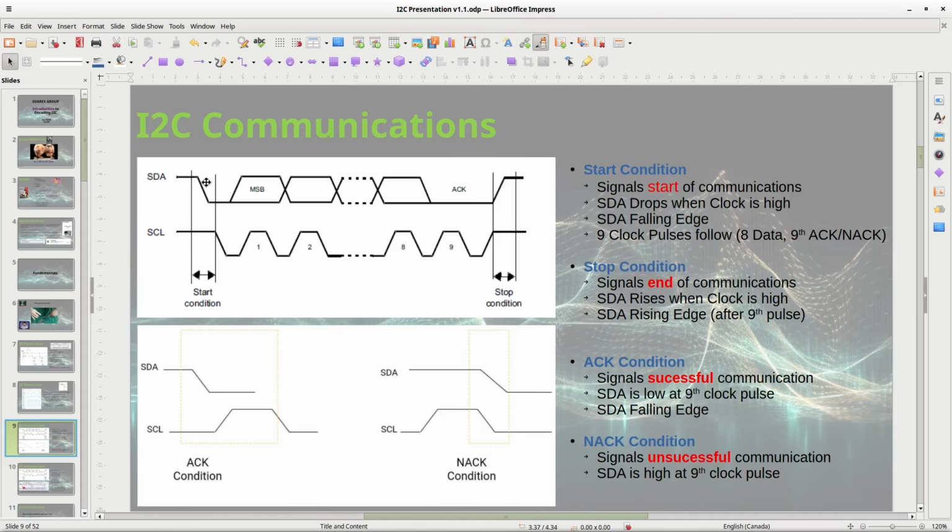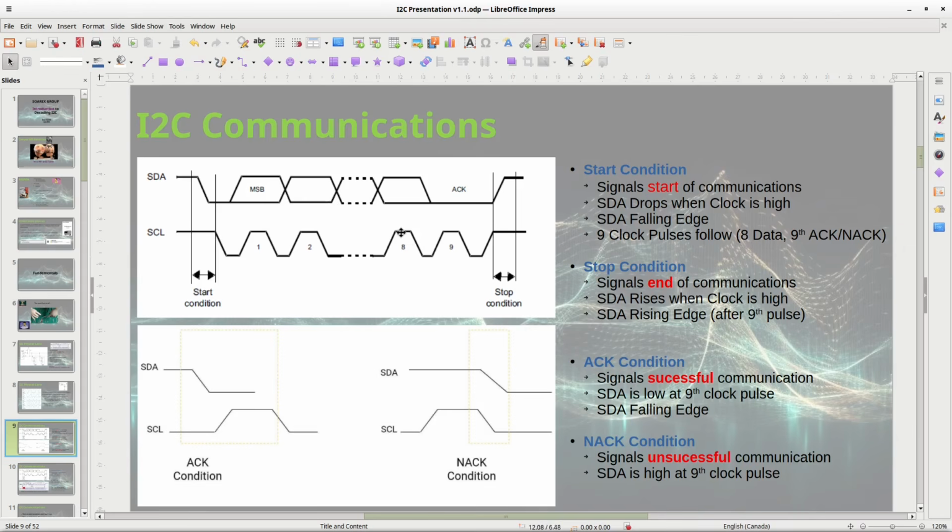So here you've got a falling edge during a high clock pulse, and you've got a rising edge, and that's a start and stop. Now, as I said earlier, there's 7 bits, 7 clock pulses, which are used for the device address.